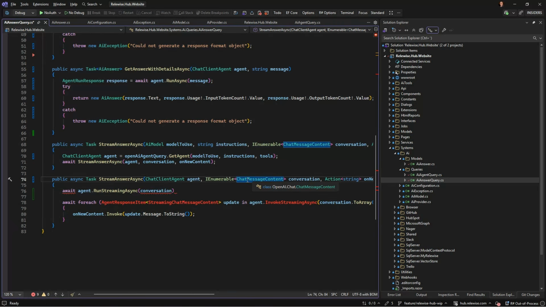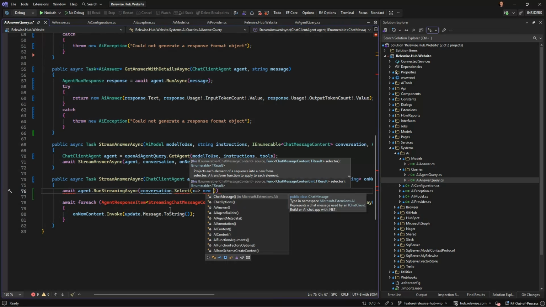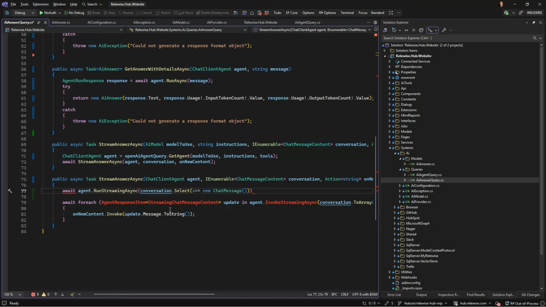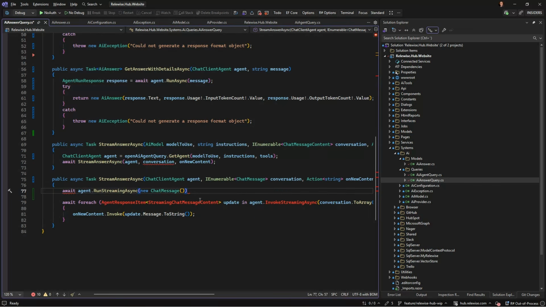What is this? This is Azure OpenAI. Okay, I'm gonna do the quick and dirty here. New chat message role. Let's actually see if we can get over to the right ones. So if we set a new chat message, let's try to turn these chat message content into chat messages to see if we can do that.